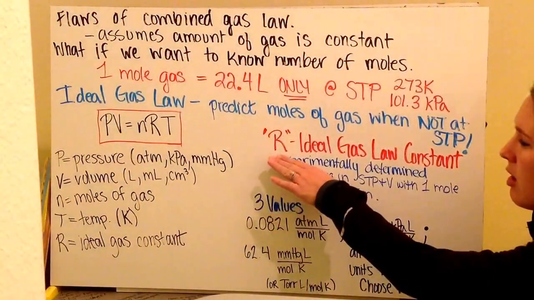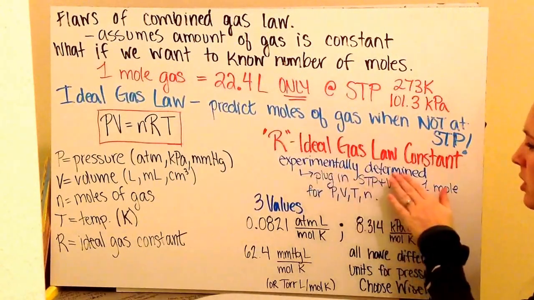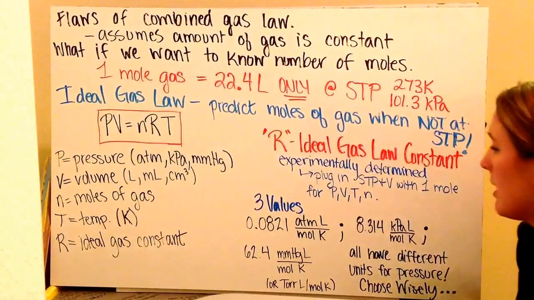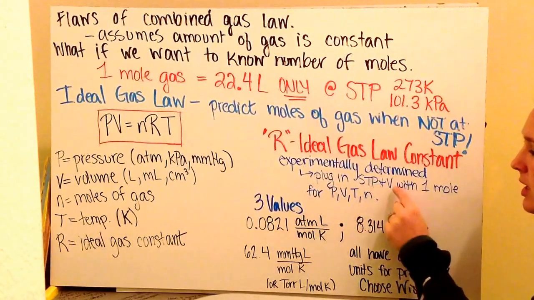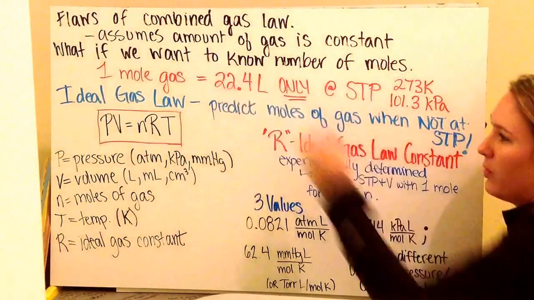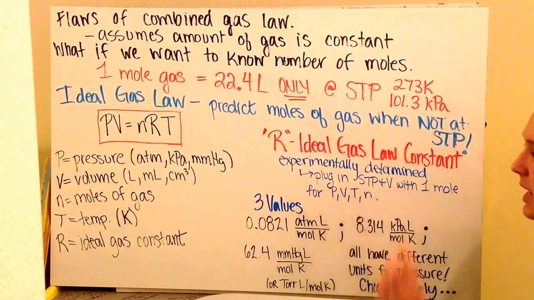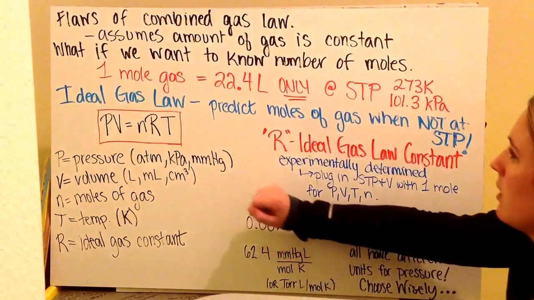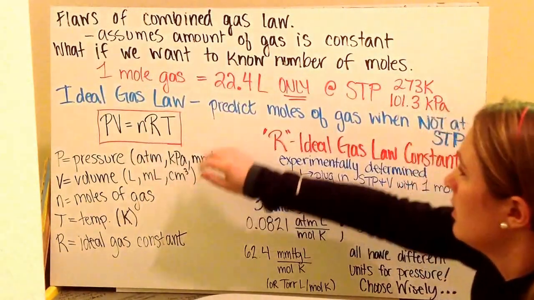So what is R, our ideal gas law constant? Well, it's experimentally determined. This was determined by being able to plug in standard temperature and pressure, standard volume at standard temperature and pressure, 22.4 liters, with 1 mole for P, V, T, and N. So at this time, if you would plug in to our equation here, solving for R,